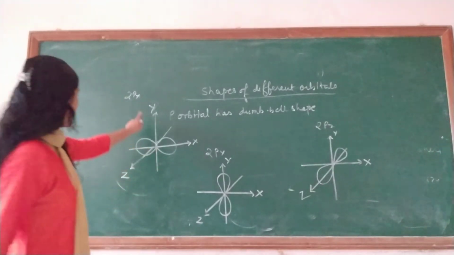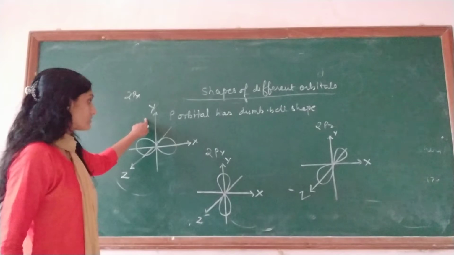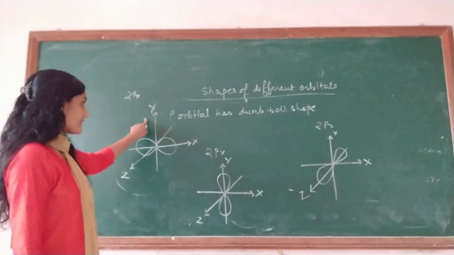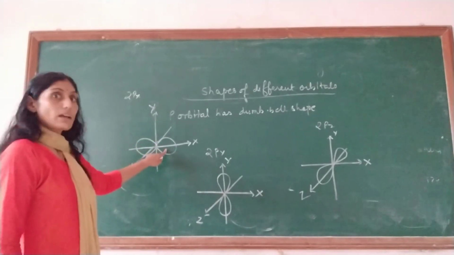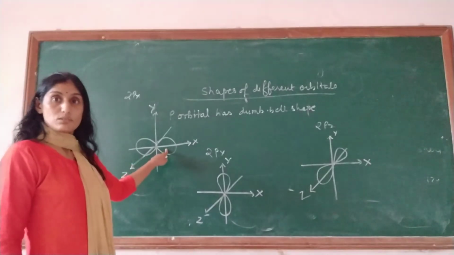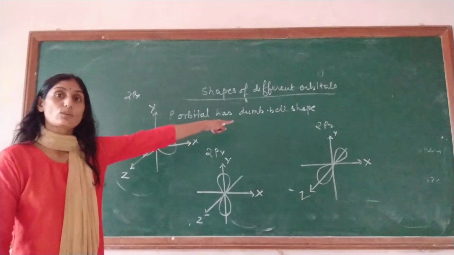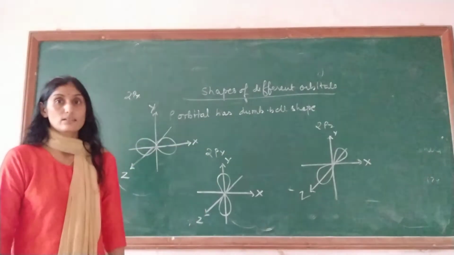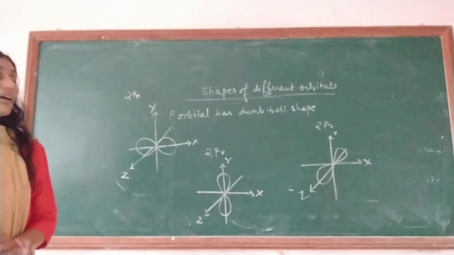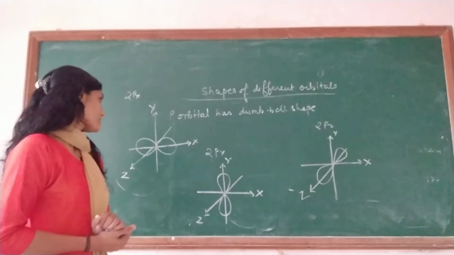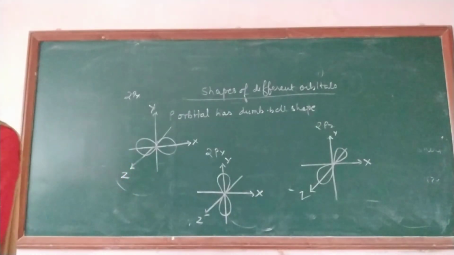So you can copy those particular shapes for the particular orbitals, that is x, y and z, children. You can keep this x, y and z on any of the particular axes, it is not an issue. But yes, lobes must be there on the axis only. Two lobes are going to meet on the x-axis, here y and over there on z. So that is about the shapes for the p orbital. Now we learn about the d orbital, children.